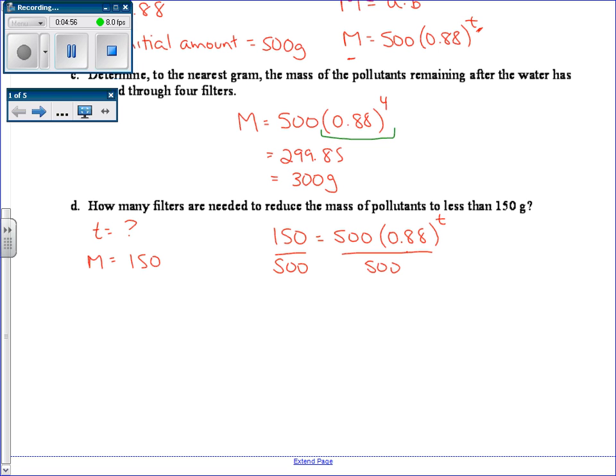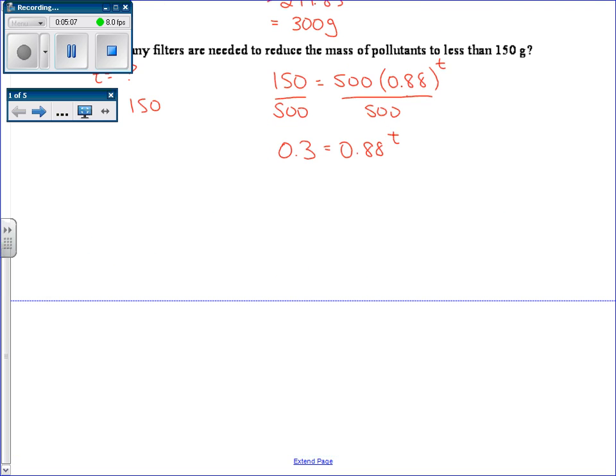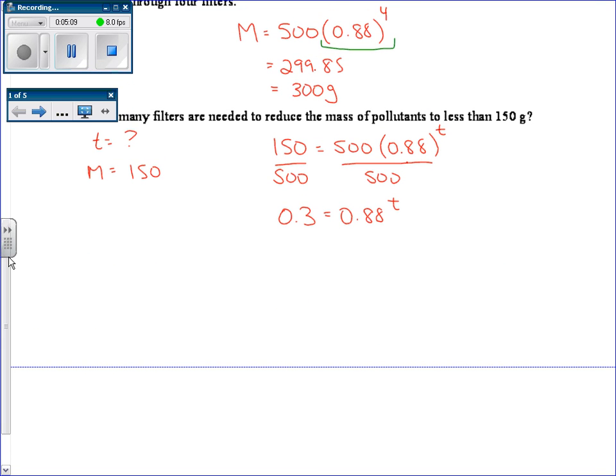which will give us 0.3 equals 0.88 to the power of t. And now we can convert this to logarithmic form, because we have a number equals a base to an exponent. So we have log base 0.88 of 0.3 is equal to the exponent t. And using our change of base law, t is equal to log 0.3 divided by log 0.88, and that will